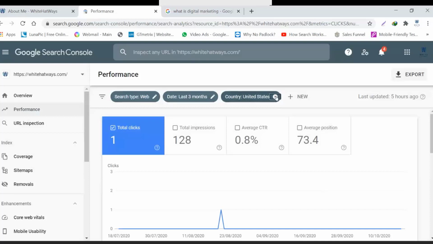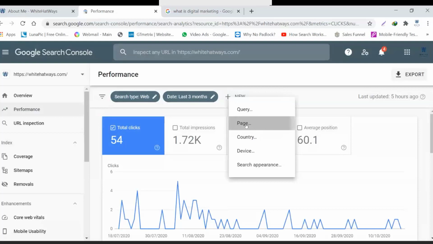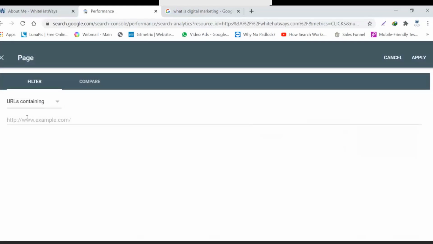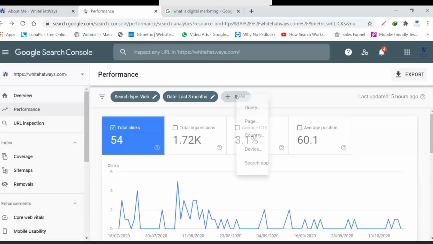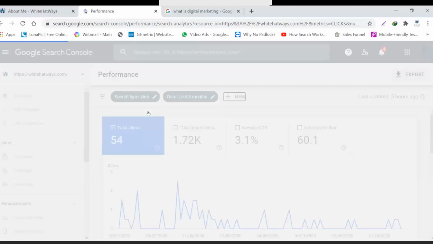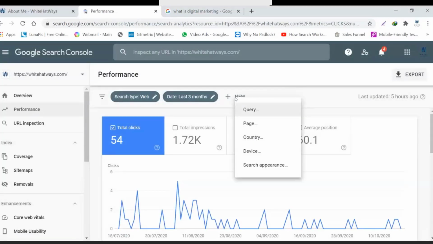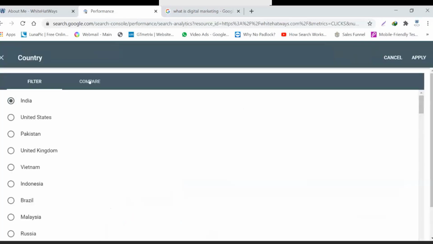I can also compare between the countries. So I'll click on plus sign, page, plus sign, and then country, and India is already there. Plus sign, country, compare.